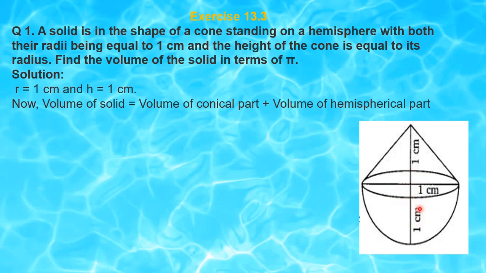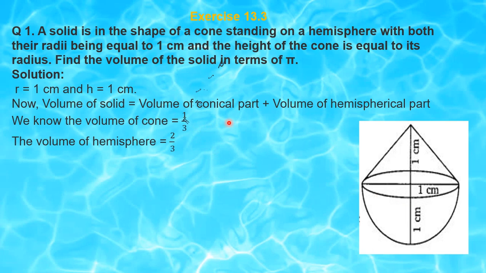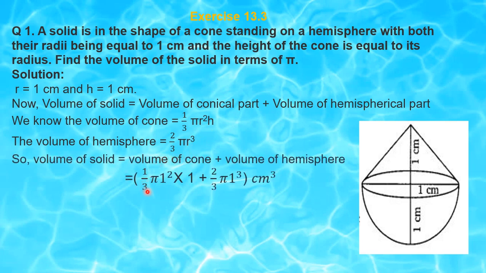is the volume of the solid. So, we add these two, as we know that volume of cone, that is 1 by 3 pi r square h, and volume of hemisphere is 2 by 3 pi r cube. By putting the values of radius and height in these two formulas and by adding these two, we get volume of solid is 1 upon 3 pi 1 square into 1 plus 2 by 3 pi 1 cube, and when